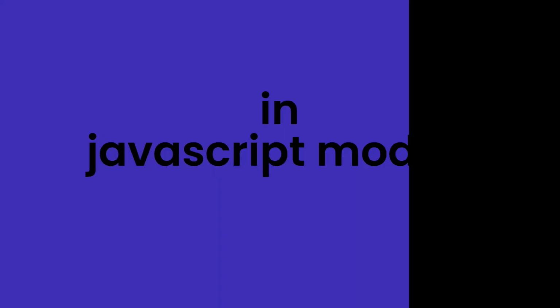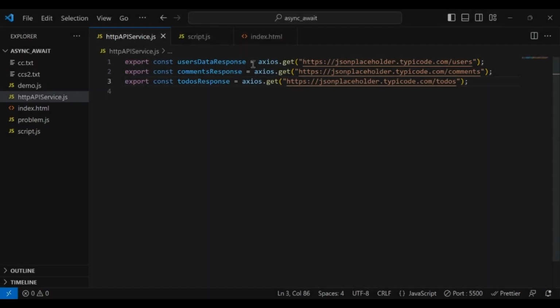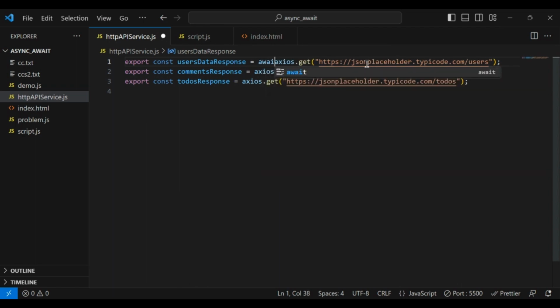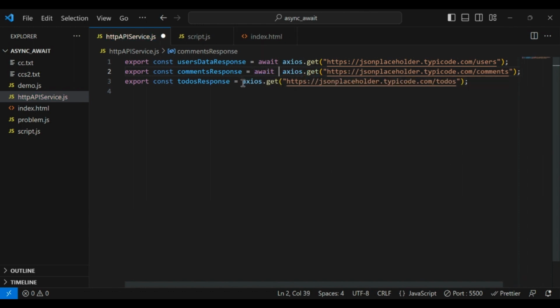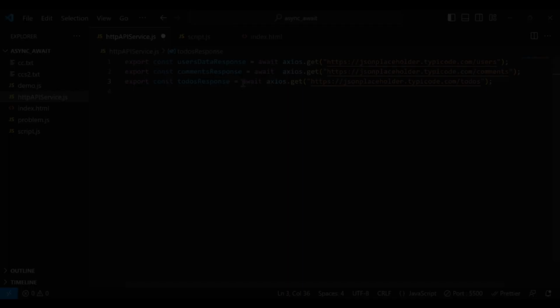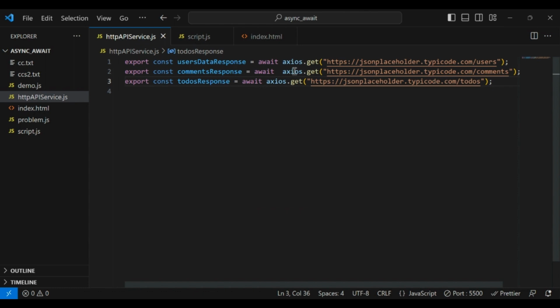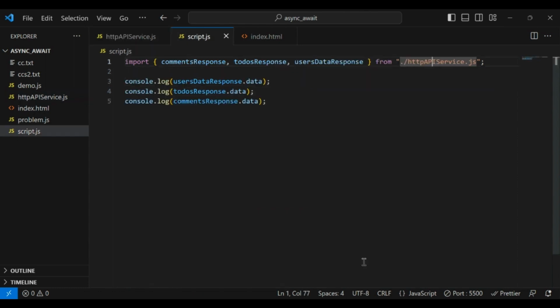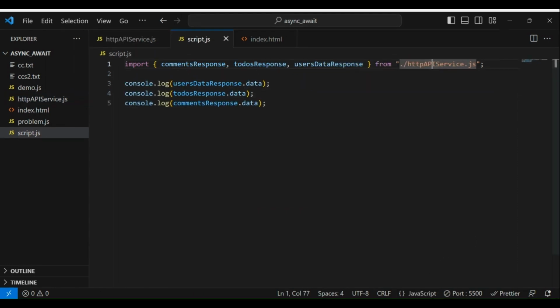And we can fix this problem by simply using the top-level await keyword in the HTTP API service module. Let's go back to the HTTP API service module and put the await keyword before the promise. In our case the axios call returns a promise, so we will put the await keyword before the axios call like this. When an await is encountered in code during import in a child module, the awaited expression, that is the axios call in our example, is executed, while all code that depends on the expression's value is paused, until the axios promise